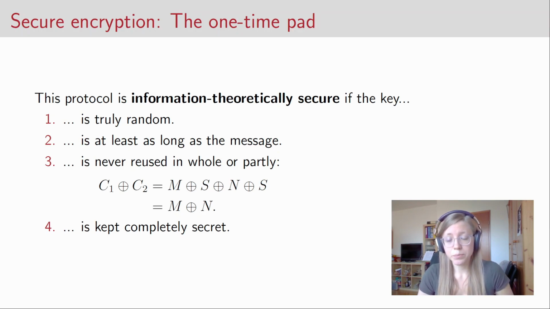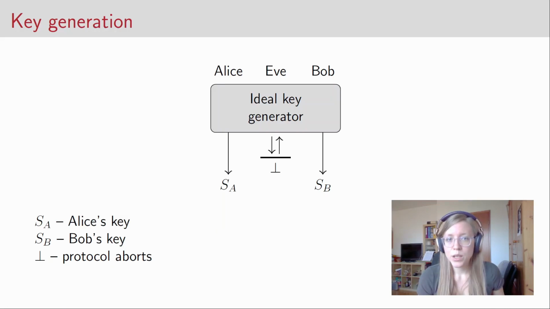This is quite difficult because what you don't want to assume is that the two parties, Alice and Bob, just meet with each other and agree on a key. You don't want that because then they could just share the messages they want to send. So what is needed is some sort of device that we will call here the ideal key generator that outputs keys to Alice and Bob, but also keeps into account that Eve in general is able to intercept communication and tries to get information about the key.